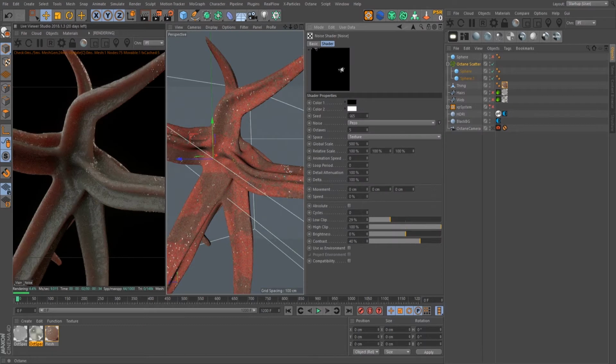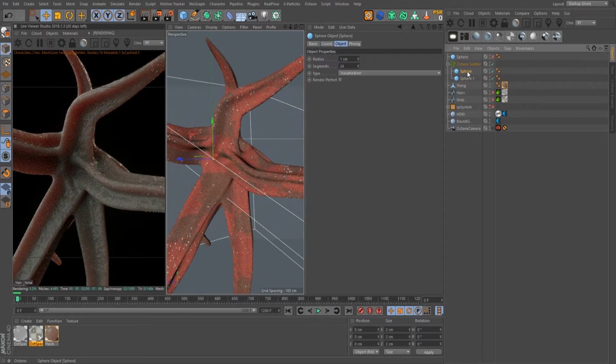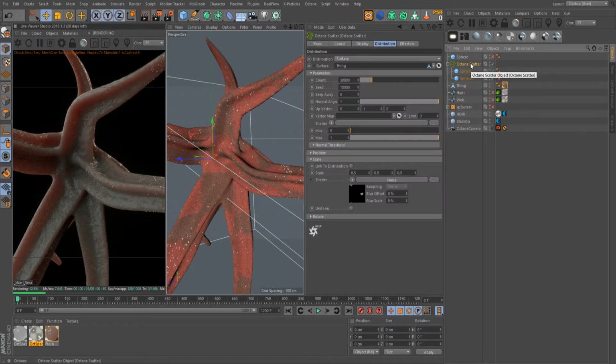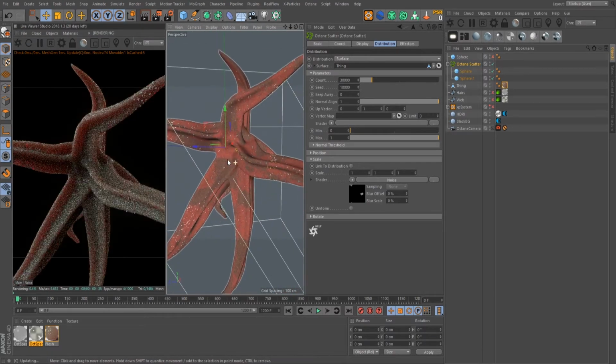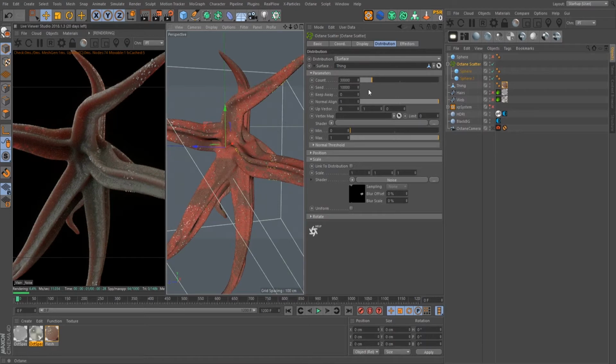Did I screw up the noise? Interesting. That's odd. I don't know why those just disappeared so much. I thought they were a more even distribution, but